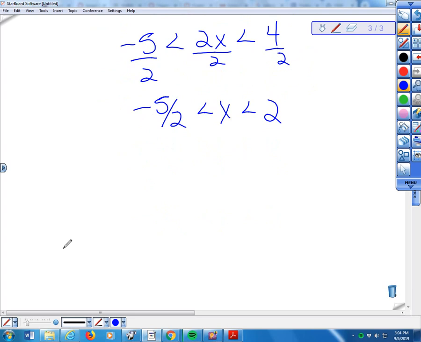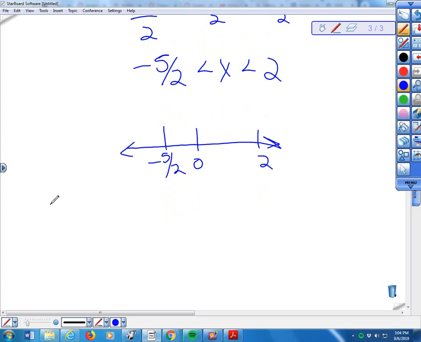Okay, so now in interval notation, this is what we do. I'm going to graph it. You don't have to graph it, but I'm doing that so you can start visualizing what it looks like. I have 0. We'll call this negative 5 halves. We'll call this 2. Well, to graph this, negative 5 halves is less than x, it's going to be here, and x is less than 2. So it's going to be between these two. Right? In interval notation, left to right,